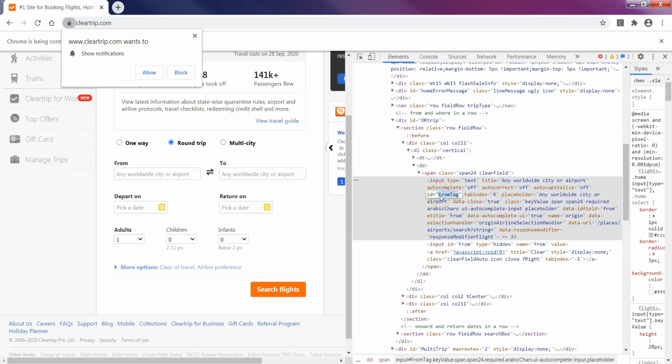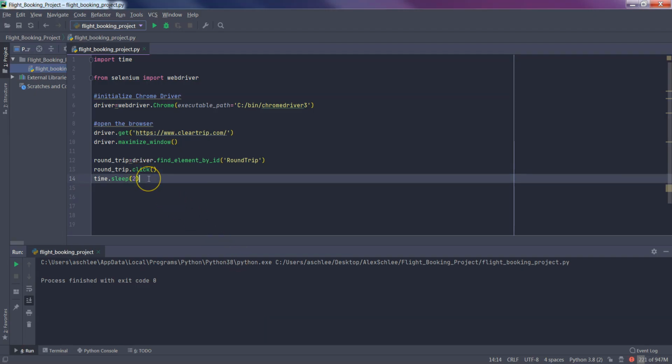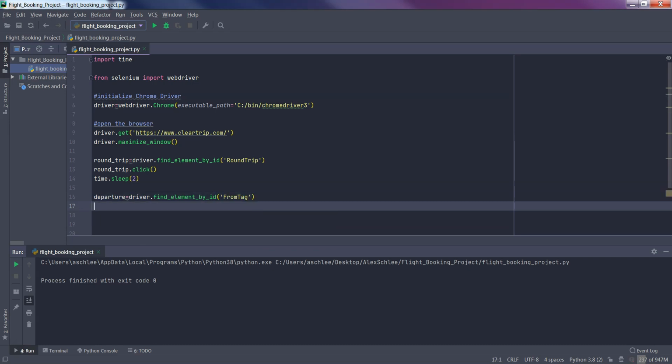Let's choose it and let's work with this ID locator. Back to PyCharm. And right now, let's just write down departure equals to driver.findElement by ID. Let's paste our ID here,